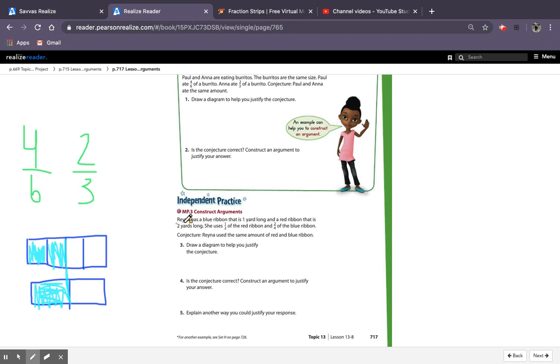So Raina's blue ribbon is 1 yard long, and her, I don't know why I used orange for that. Okay, that's fine. And then our red ribbon, that is 2 yards long. So do they match up perfectly? Yes, great. But what we need to keep in mind